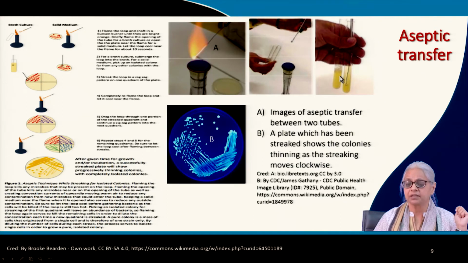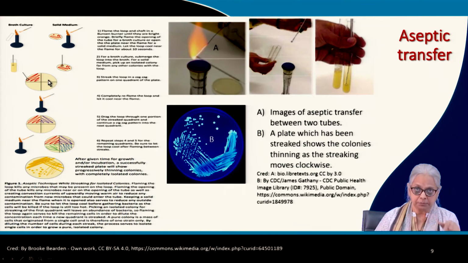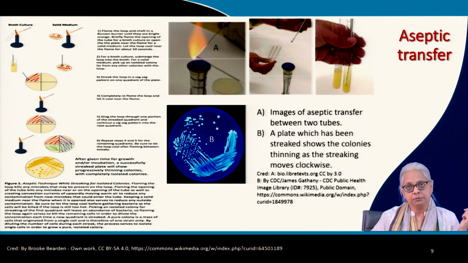Now, in this first case, this is aseptic transfer from one liquid media to another liquid media. You can have aseptic transfer from liquid to solid or solid to liquid, and the same process can be used. So this part is the flame sterilization, where the loop is sterilized over a flame. Then it is transferred from the nutrient broth to the solid media. The media is the plate, the Petri plate, and you have a streak. So you just take the loop and run it lightly, very lightly over the solid surface, and that will allow the cells that are part of the loop, they will be transferred to the solid media.